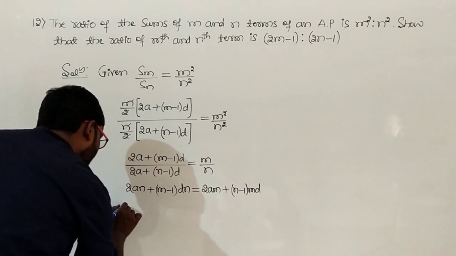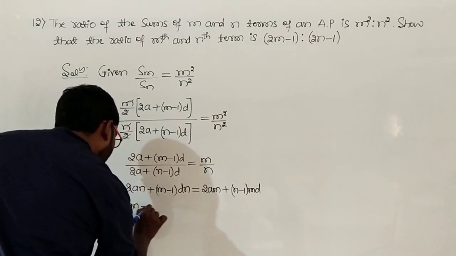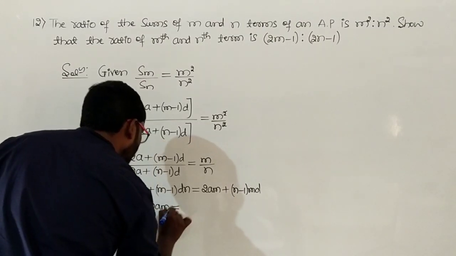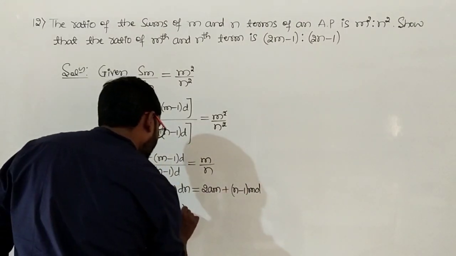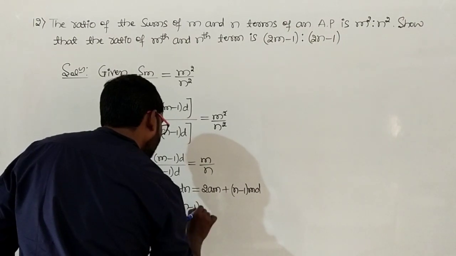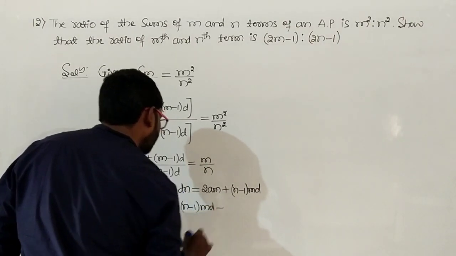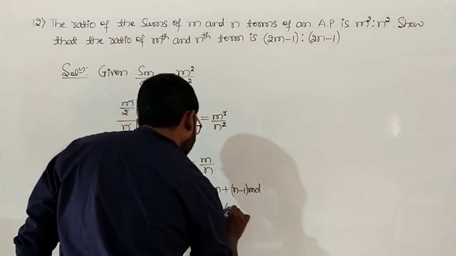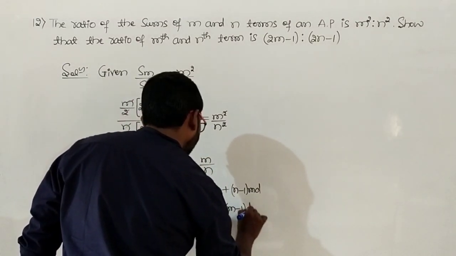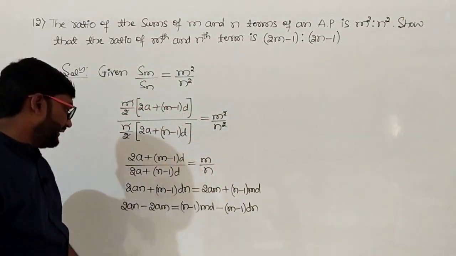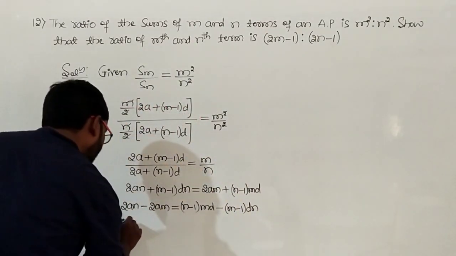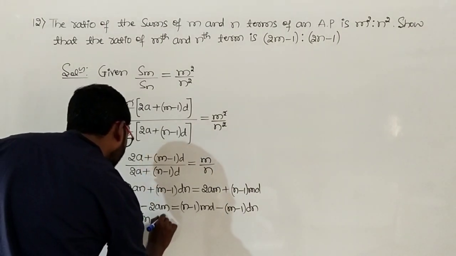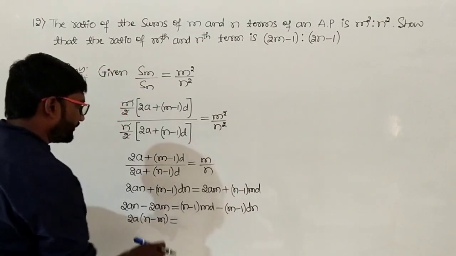Let us rearrange the terms here. 2an minus 2am, this is equals to, so write this now, n minus 1 into md, then minus, write this term now, it is m minus 1 into dn, m minus 1 into dn. In these two we have 2a common, so we get n minus m, this is equals to, so now